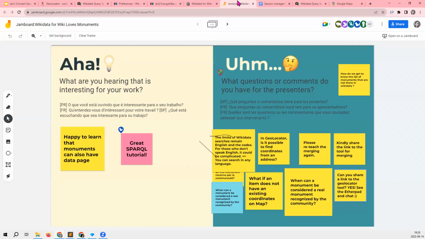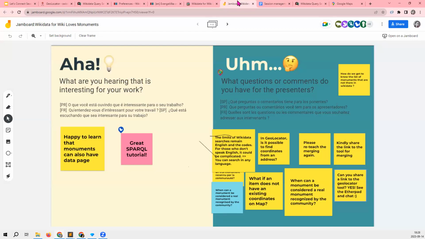You can add a house or a church or a work of public art, if it exists and is described in some sources. But then we have the layer of Wiki Loves Monuments.